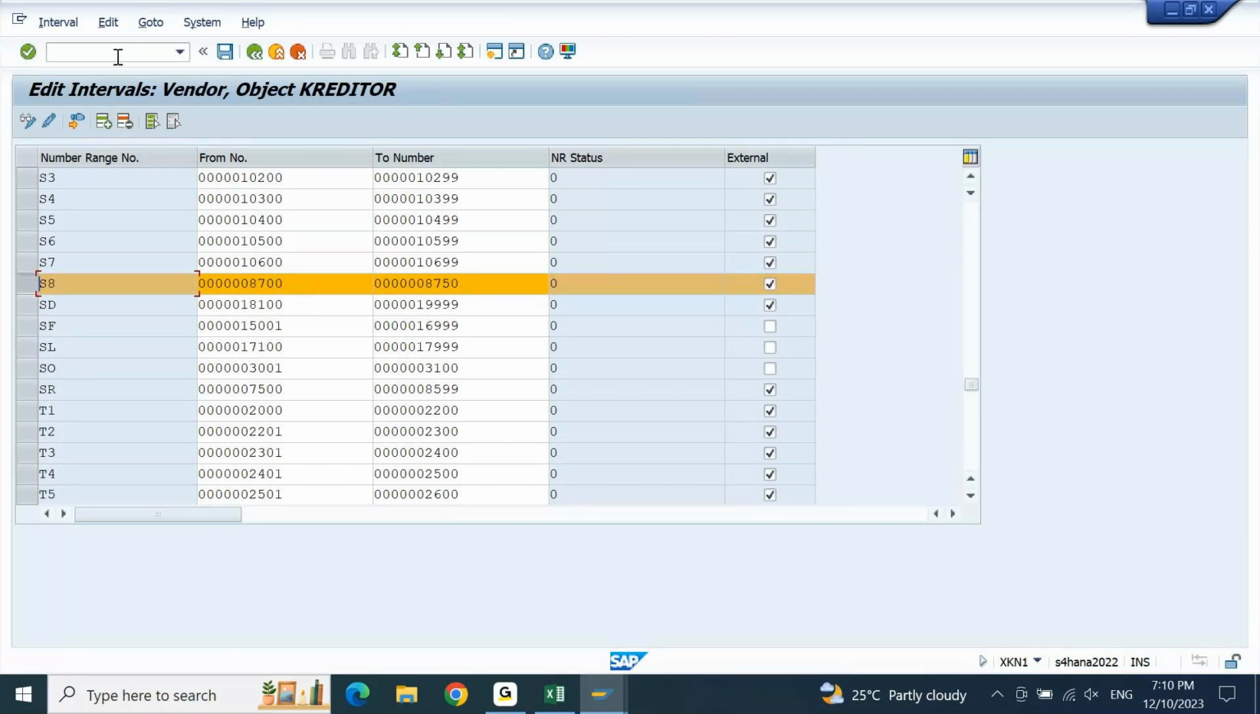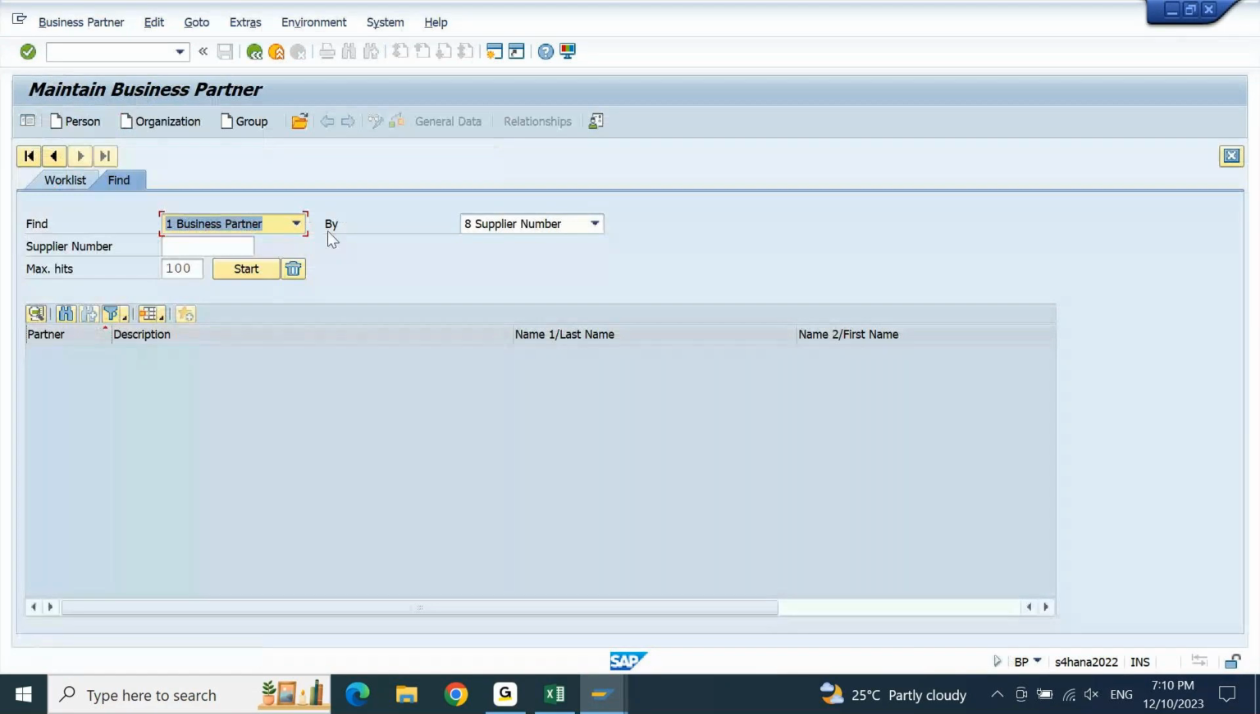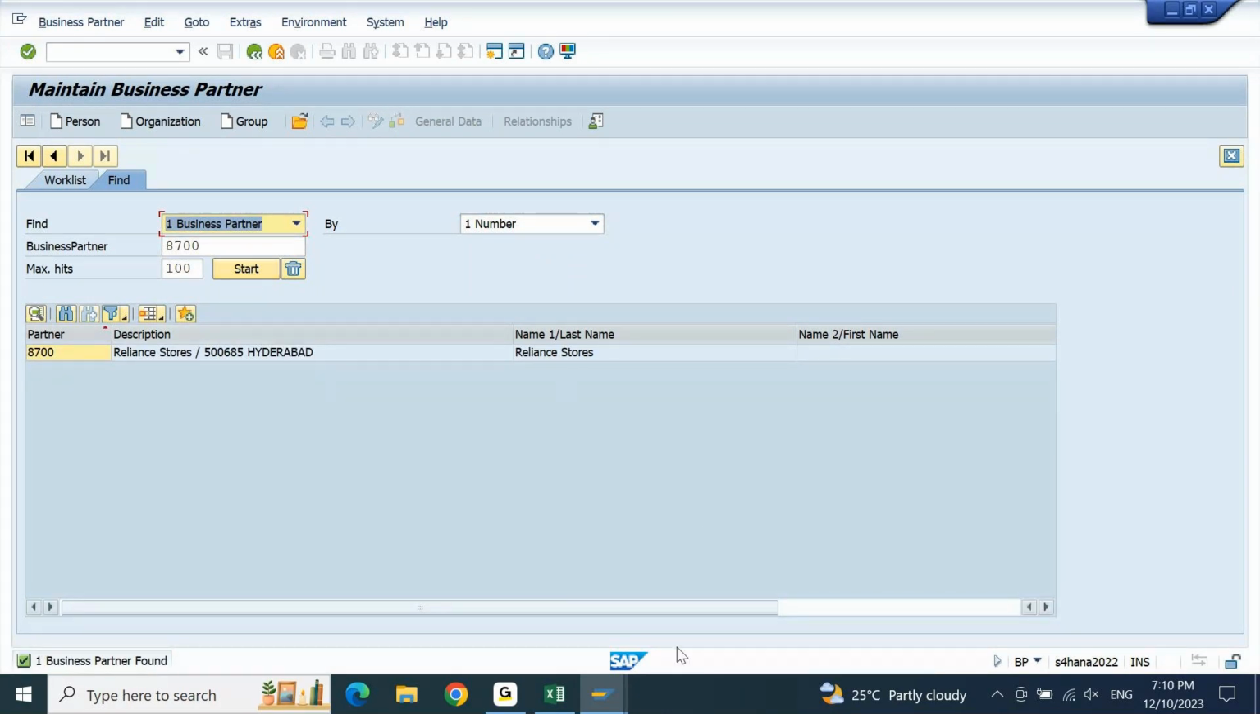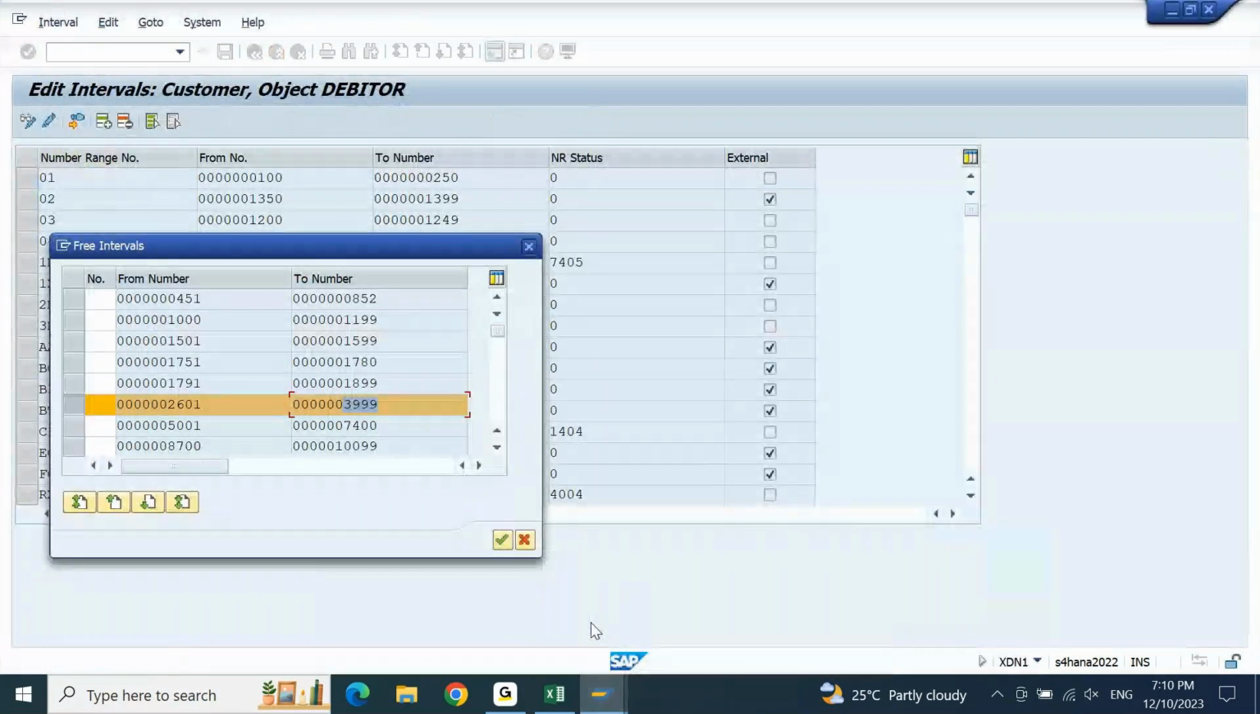Now let me verify if we've created a business partner with 8700. I will just display a business partner by number, 8700. Yes, 8700 is what we used. Now I will see if I have 8700 available here also. Here also we are able to see 8700 is available,